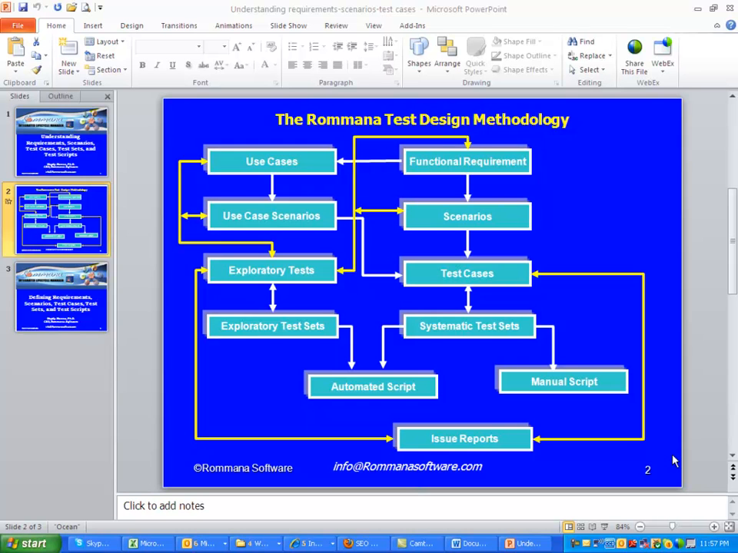Well, in this tutorial, I'd like to quickly show you how you can define scenarios for requirements in order to start preparing for test cases. This tutorial is called scenario-based test design and test management in Rommana, because in Rommana we